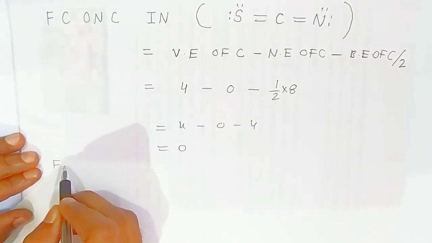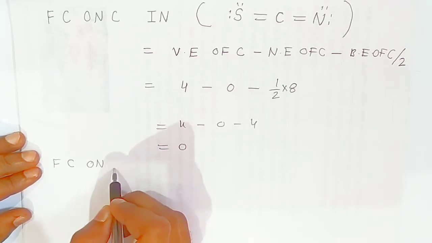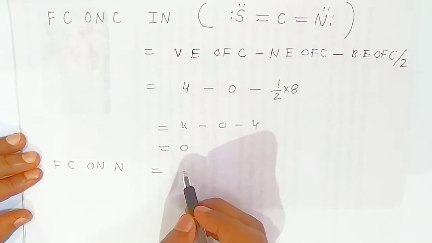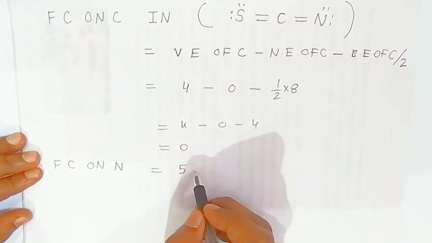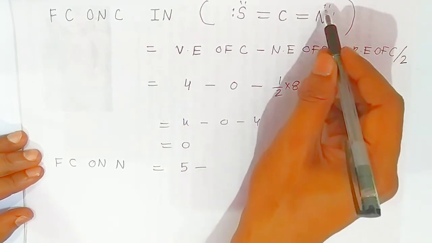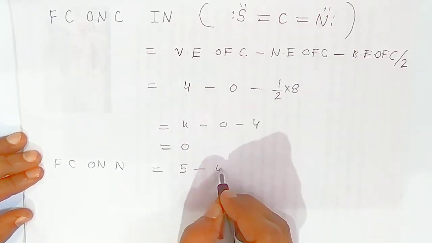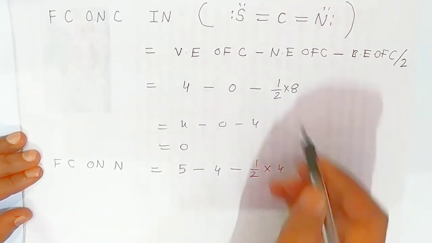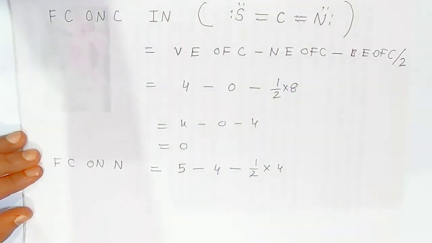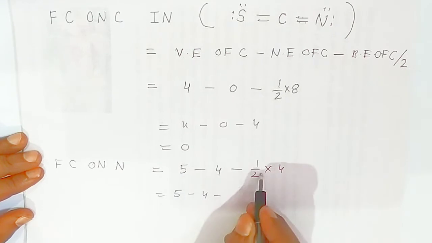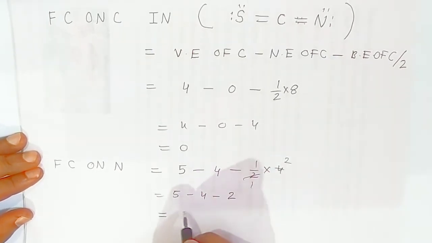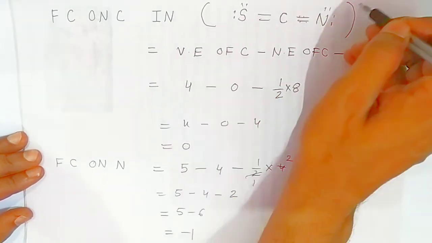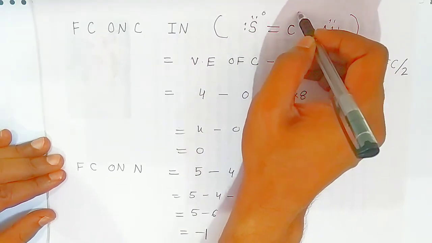Same way students, you can find out the formal charge on nitrogen, which is equal to valence electron. Valence electron students, nitrogen atomic number is 7. So 2, 5. 5 will be the valence electron minus non-bonding electrons students. Here you can see clearly 1, 2, 3, 4. 4 electrons are non-bonding. Bonding electron, it has got a double bond, so that means half of 4 electrons, because one line shows 2 electrons. Now when you solve this students, 5 minus 4 minus 2, that is 5 minus 6, that is -1. So students, in this structure nitrogen has -1 charge, and that is why when you add all, sulfur has 0 charge, carbon is also 0, and nitrogen is -1.